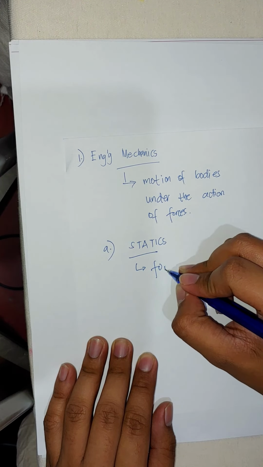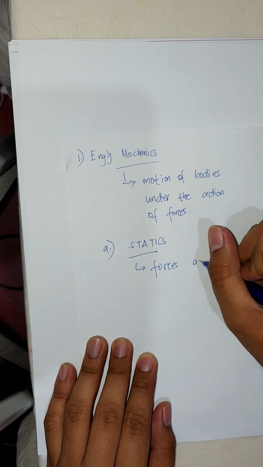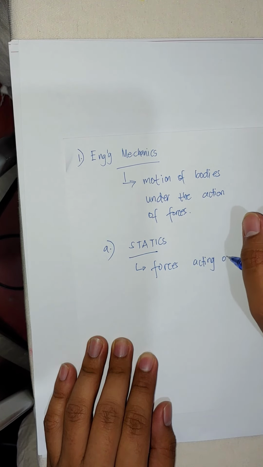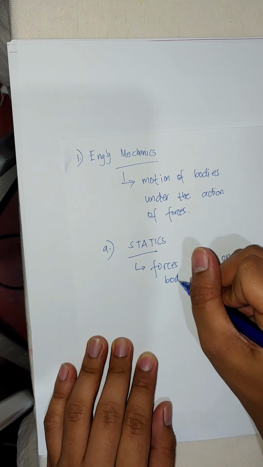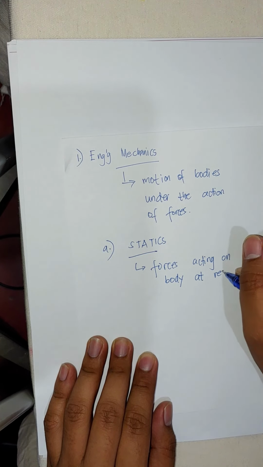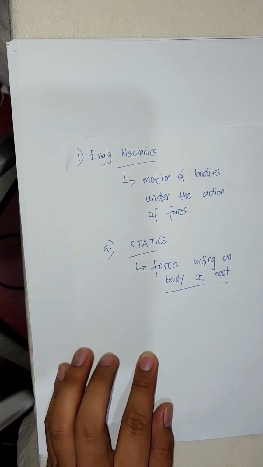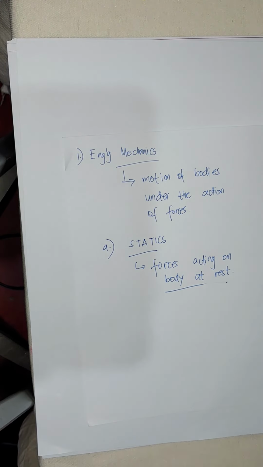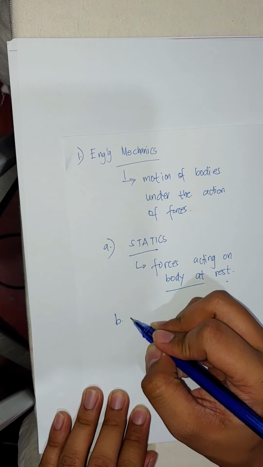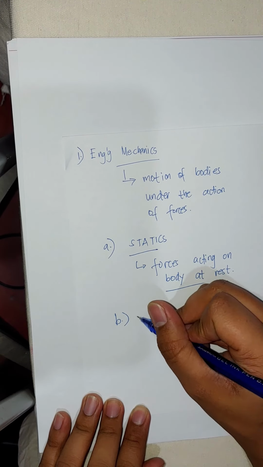It deals with forces acting on a body at rest. Now, the second and the third branch of mechanics is what we call the dynamics of rigid bodies. The dynamics of rigid bodies has two parts. The first one is the